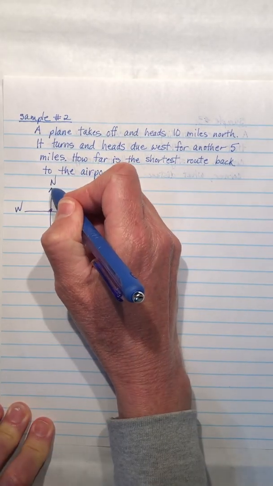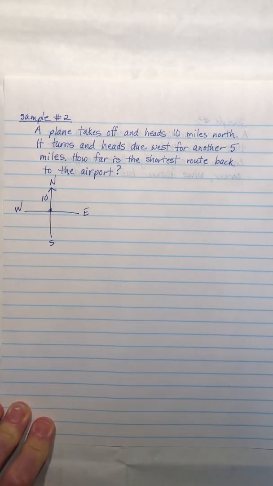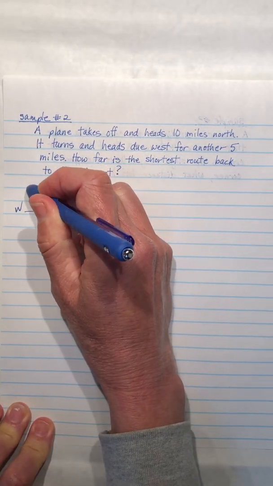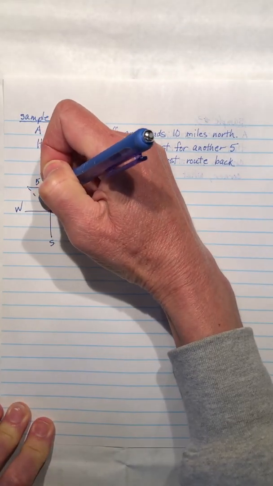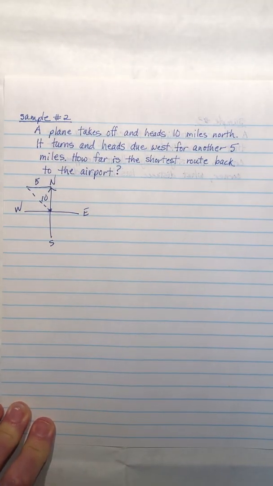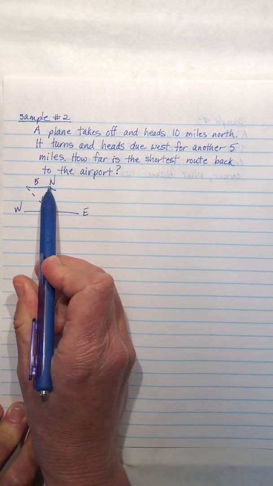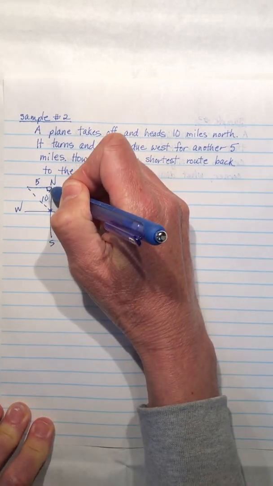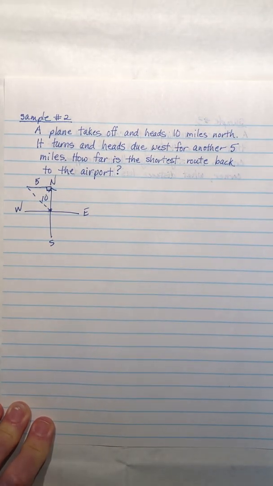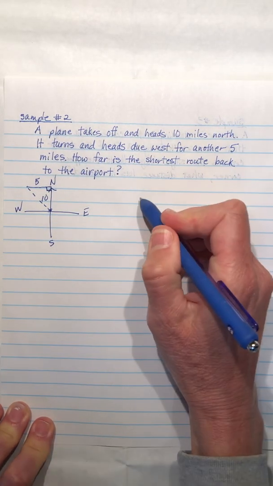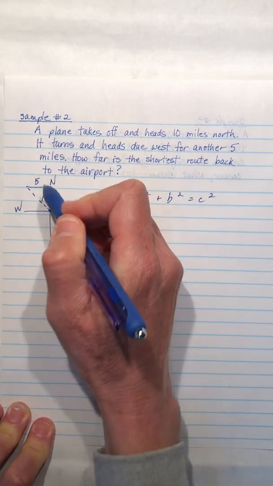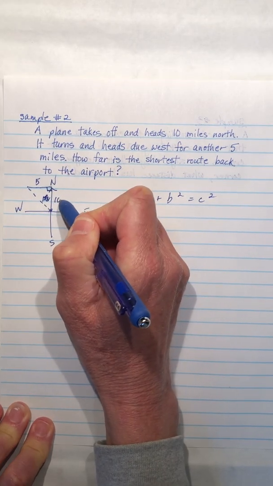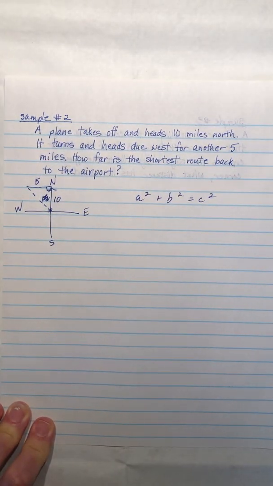It goes 10 miles north. It then heads due west for another 5 miles. How far is the shortest route back to the airport? So again, when you change directions like this, you are changing directions at a right angle. So what's missing? I wish I had put this 10 on the outside of the triangle because it's a little confusing. What's missing,